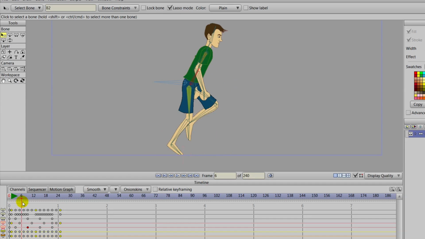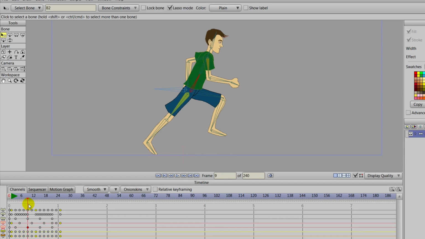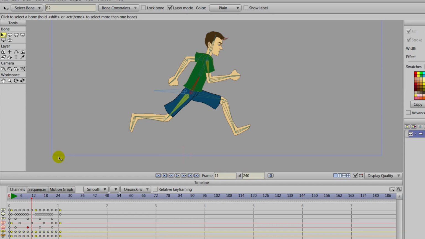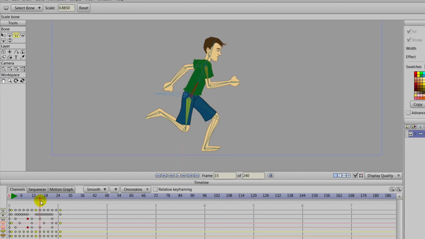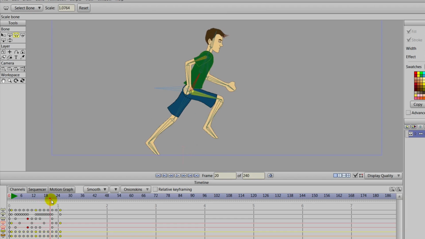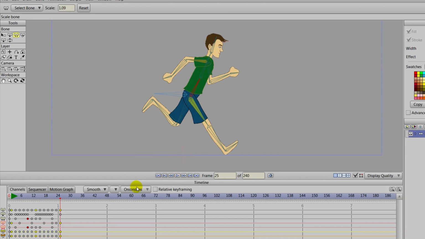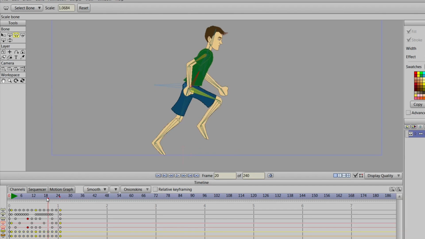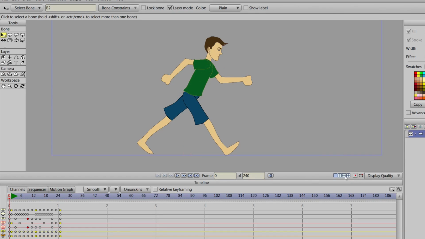So we'll come to about frame, let's see here, 11, and then we will just take that Scale Bone tool and hit reset to make sure it's reset, and make sure that the bone is selected when you do this as well, that torso bone. And we'll go to frame 13 and do the same as well for that. And then go to frame 25 and then reset it. Of course, this will allow us to do a looping animation that's pretty seamless then. And we can turn the guides off, put that cycle back on,